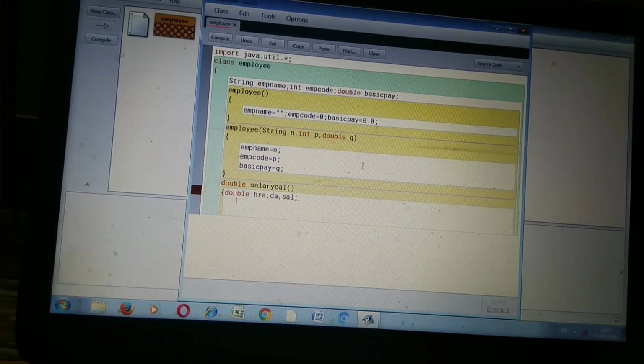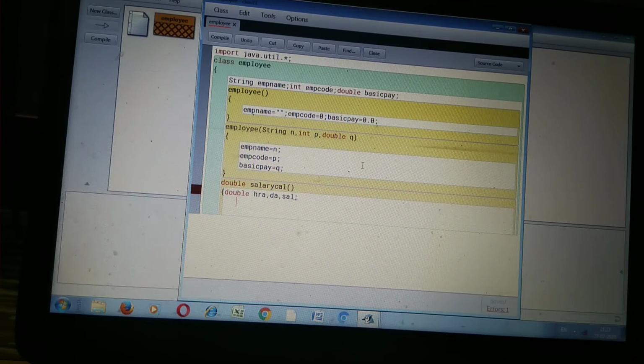Here is the given if condition. If the employee code is less than or equal to 15, a special allowance will be added if salary is less than or equal to 15,000.